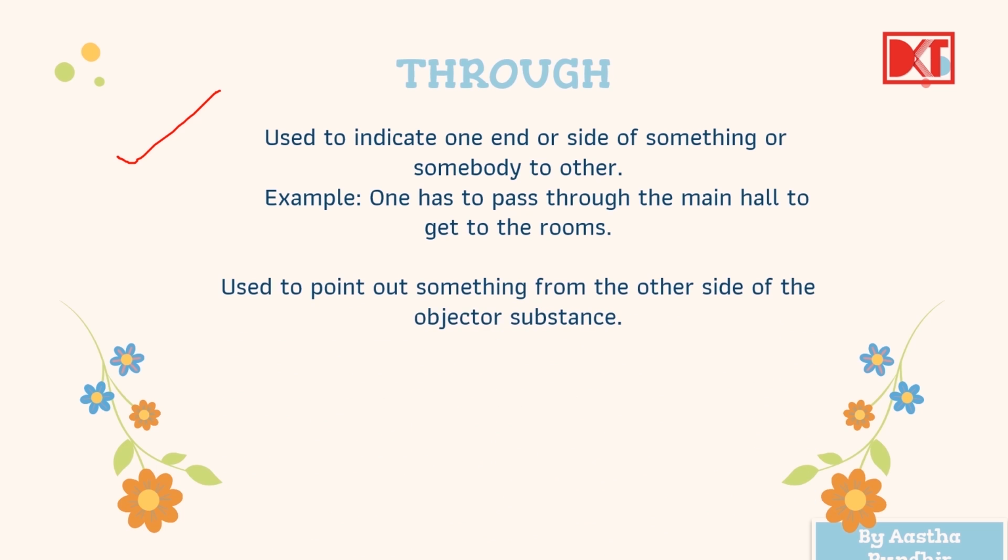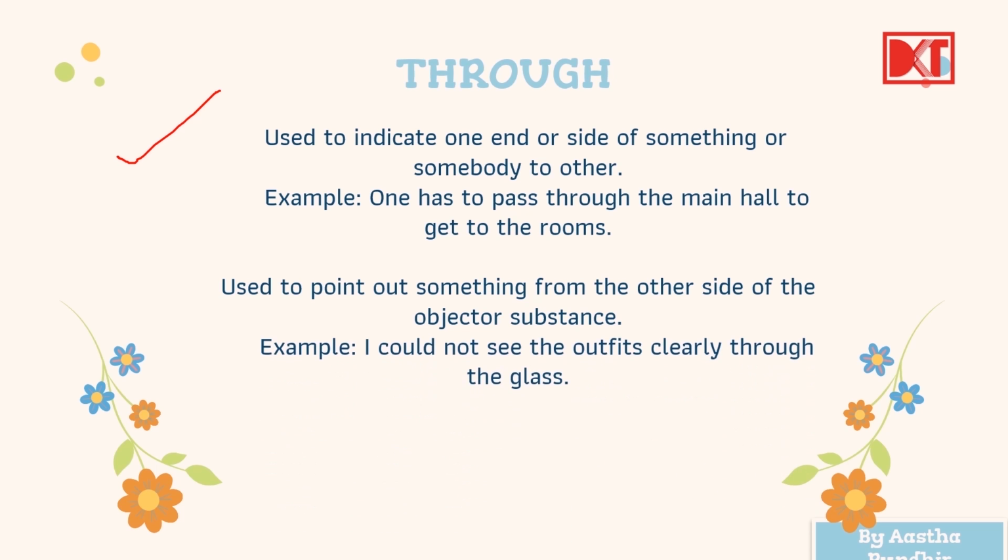Alright, another usage could be to point out something from the other side of the object or substance. Let me give an example. Like here, if I say, I could not see the outputs clearly through the glass. So here I'm pointing out something from the other side of the object or substance. What is the object or substance here? Glass. And I'm not able to see the outputs on the other